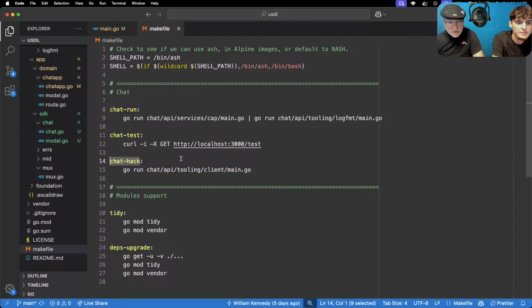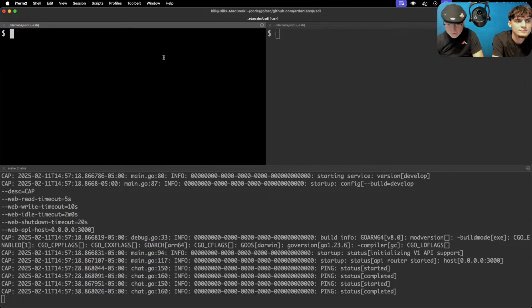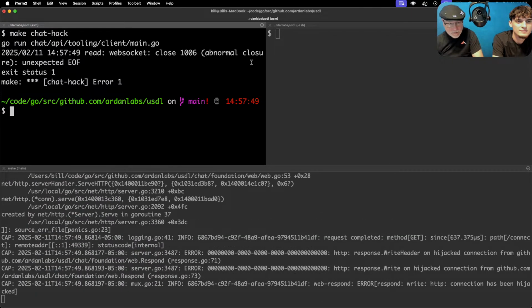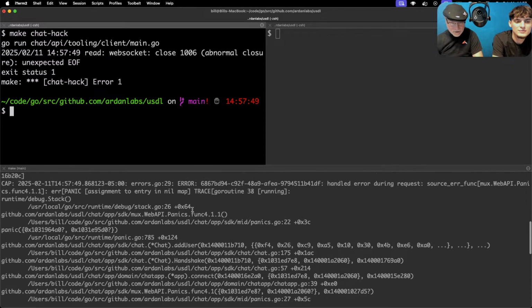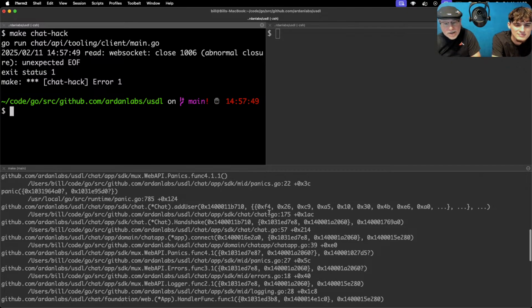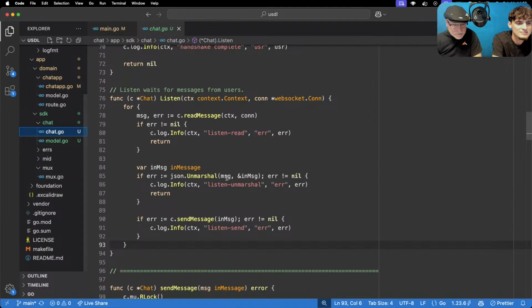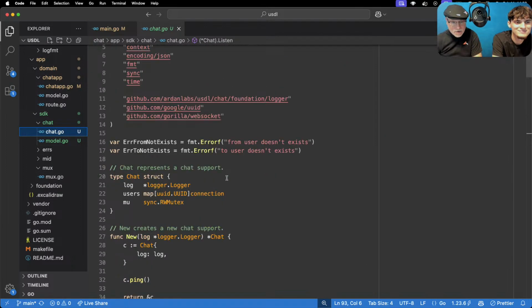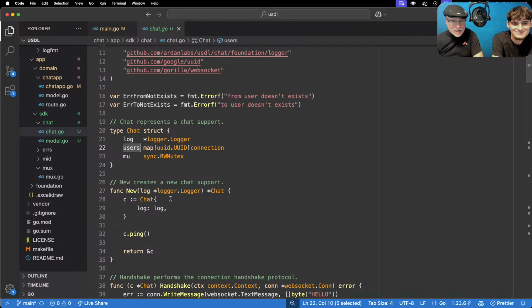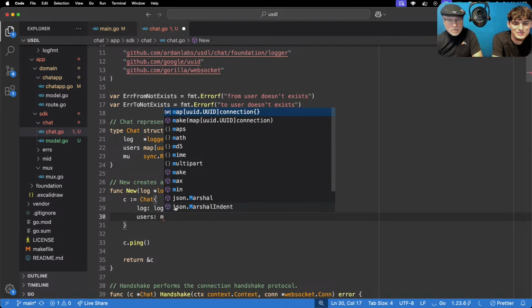Chat hack. Okay. Oh, look at this. So we ain't gonna get this working because we had an entry to a nil map on line 175. And they're right, because I forgot